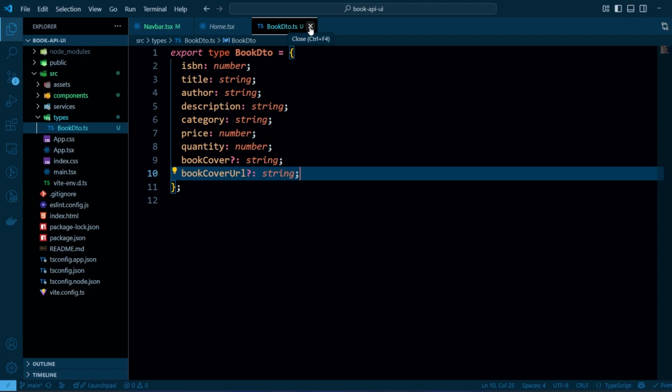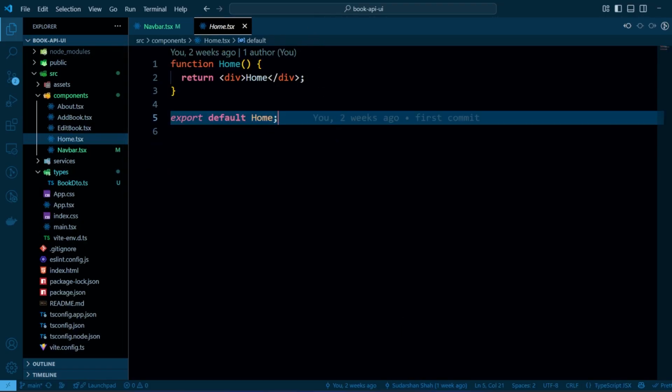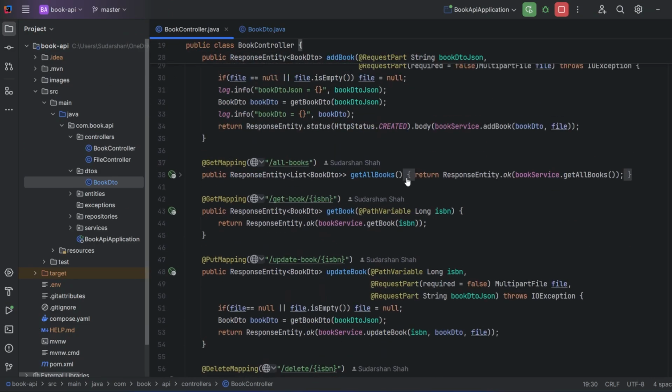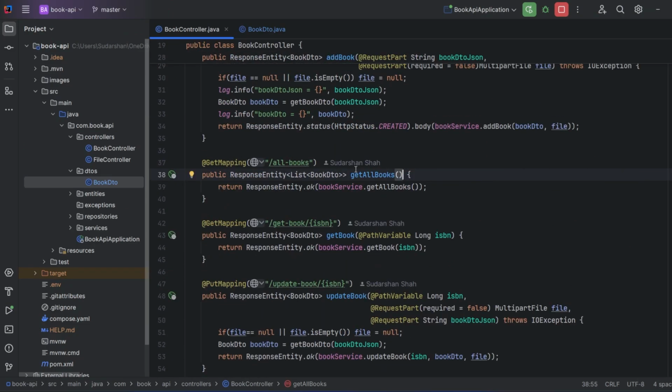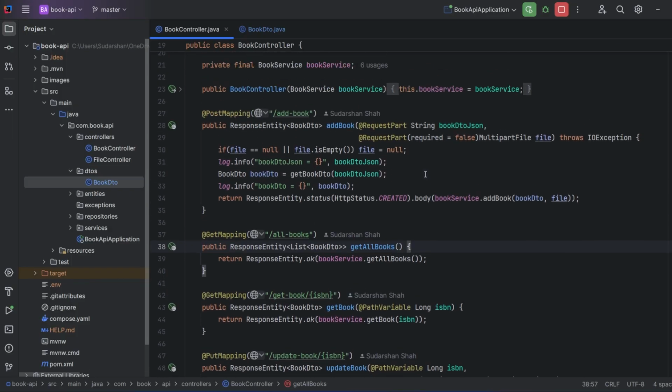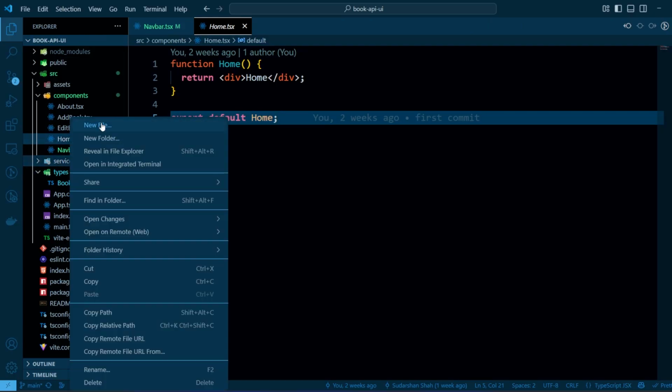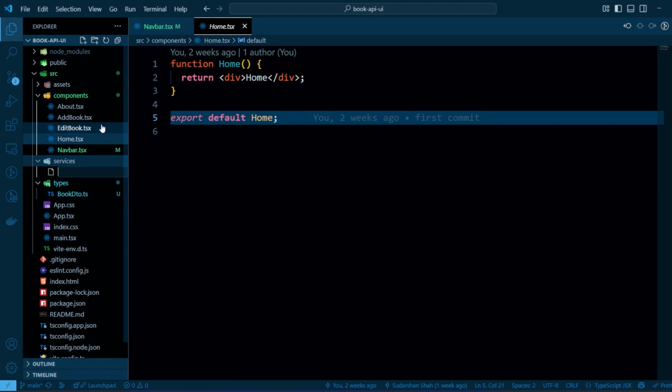Now we need to call the APIs from it. So if you go over here and if you go over book controller, we have this book controller, which is all books. Okay, this API we have to call here. So all the API work needs to be done in this. We will create a service layer which will deal with it. So another thing, we will say